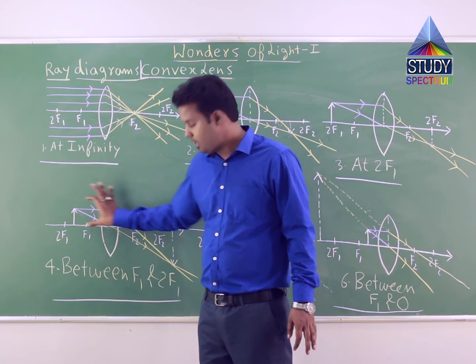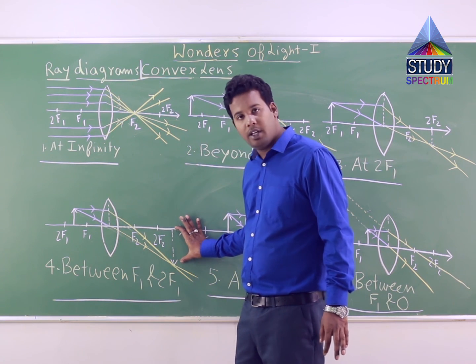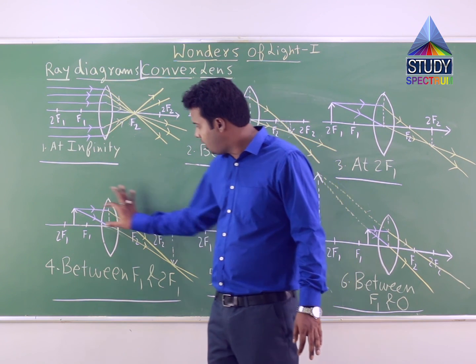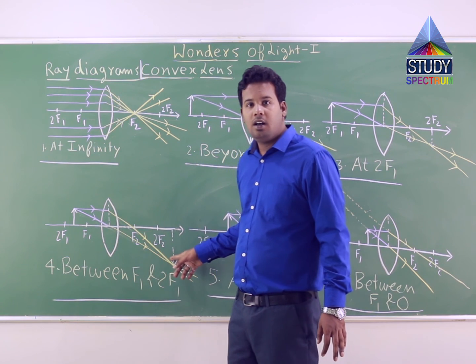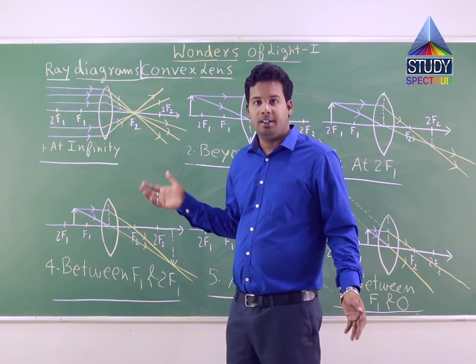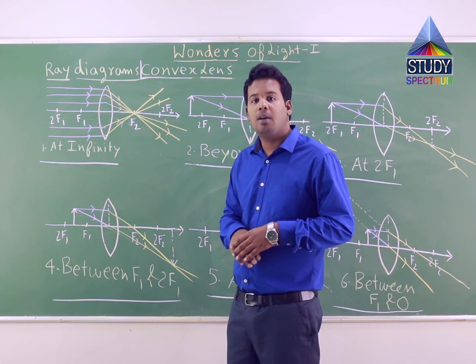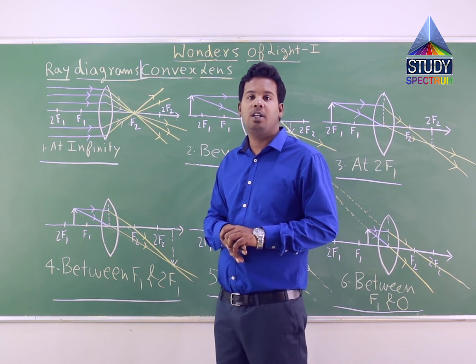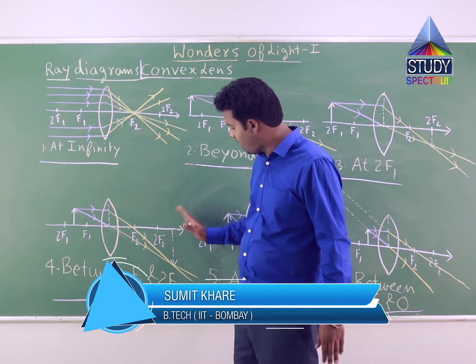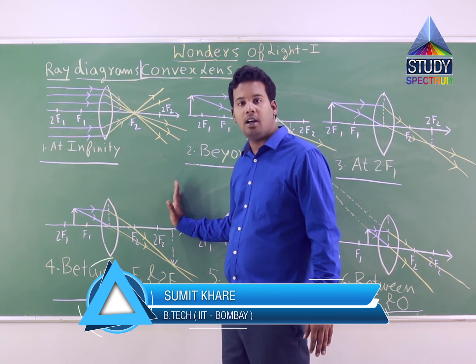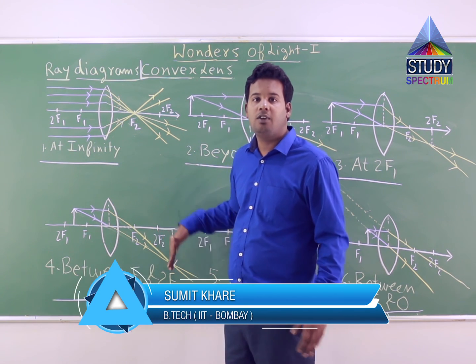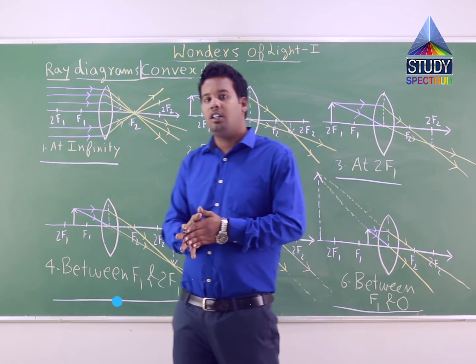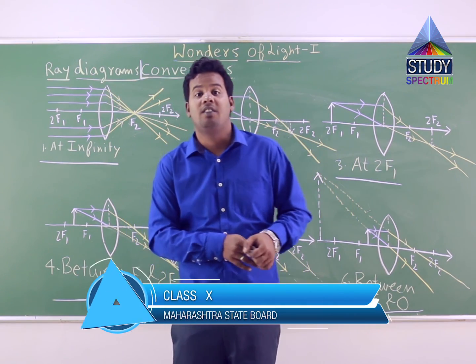Now this is object, this is lens, this is image, and the height of this image is double the height of the object. Correct? So the third result, image is magnified. But since the height of image was coming out to be negative, that is why this image is not standing above the principal axis but is actually inverted. That is why the fourth result we have seen, the image is real but inverted.